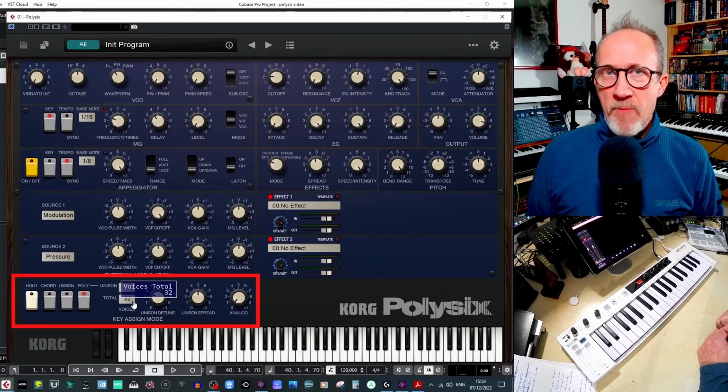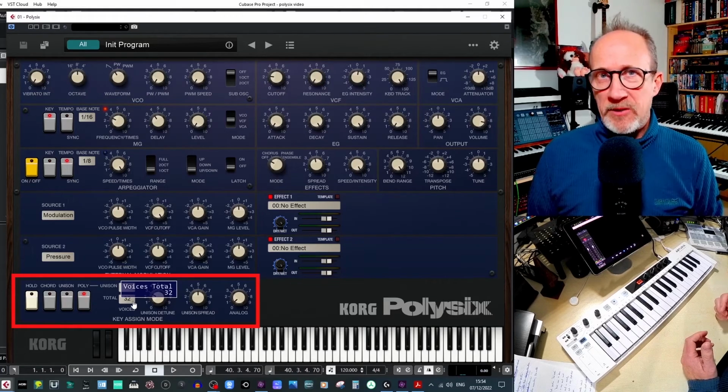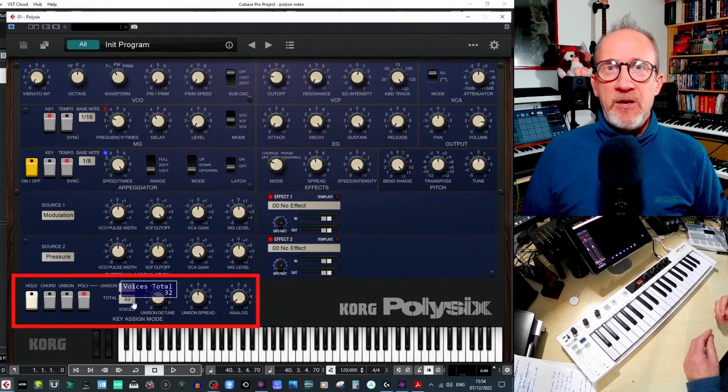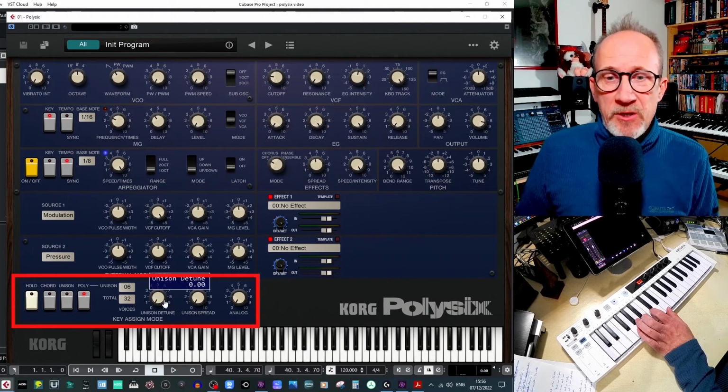So an important thing to remember, otherwise you will get note dropouts if you try to play large chords or complex pieces polyphonically whilst using a high unison voice count. And we then have 3 dials, a unison detune, which effectively detunes each of the individual voices, so they're effectively slightly out of tune from one another. For this effect,